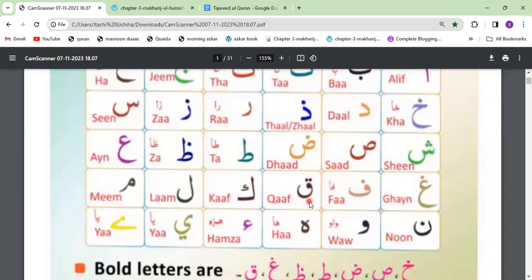It's going to be pronounced from the back of our tongue by lifting it towards the upper palate. Qaf. And the kaf is going to be pronounced from the very same part, the back of our tongue, aksarisa. But it's going to be with the lighter sound, with a K sound. Kaf. Qaf. Kaf. And then we have the letter lam, which is going to be pronounced by the sides that